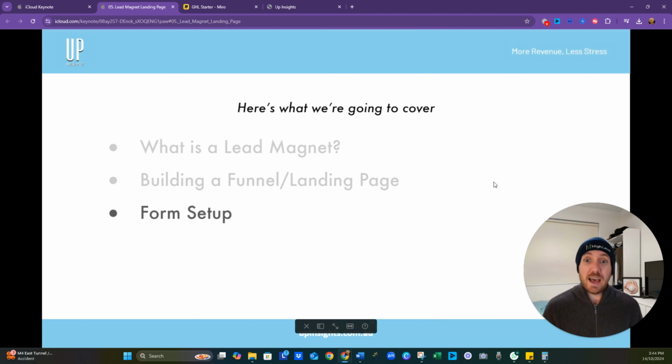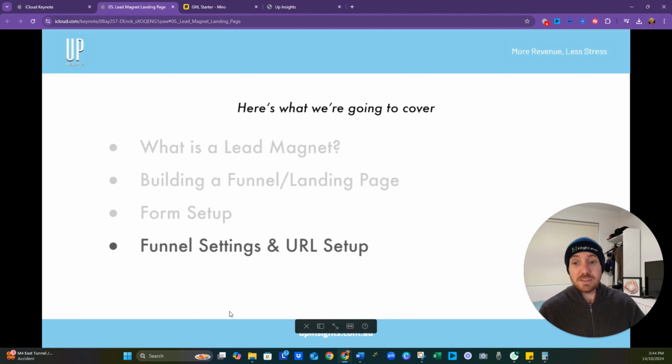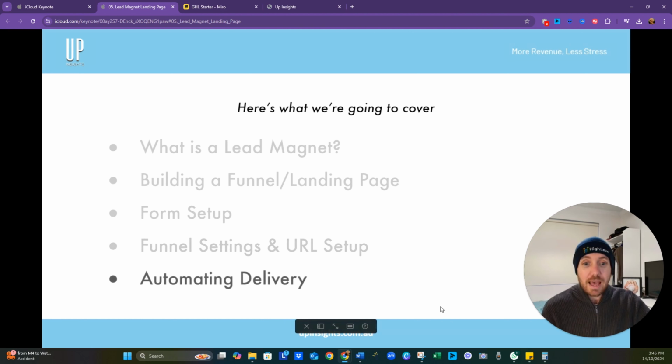Form setup. If we have a lead magnet, if we have a landing page, we want a form to capture some details. Funnel settings and URL setup. We'll get into that later on. Might not make sense now. It will later, I promise. And automating delivery. So delivery of the lead magnet, getting that sent out straight away without you having to do